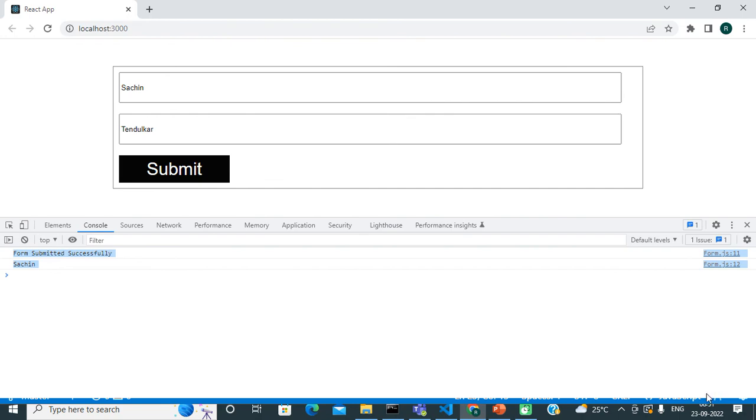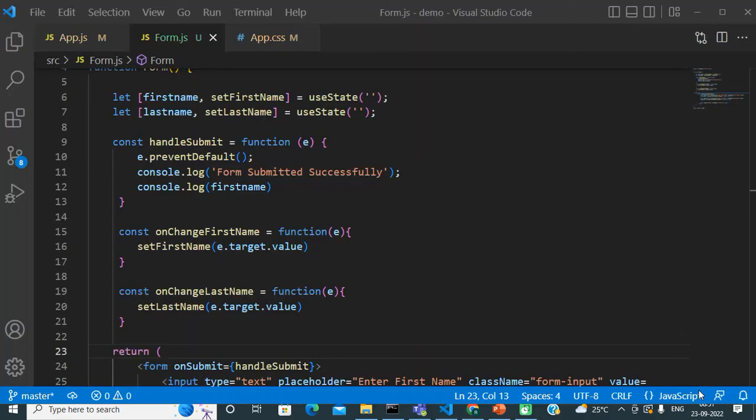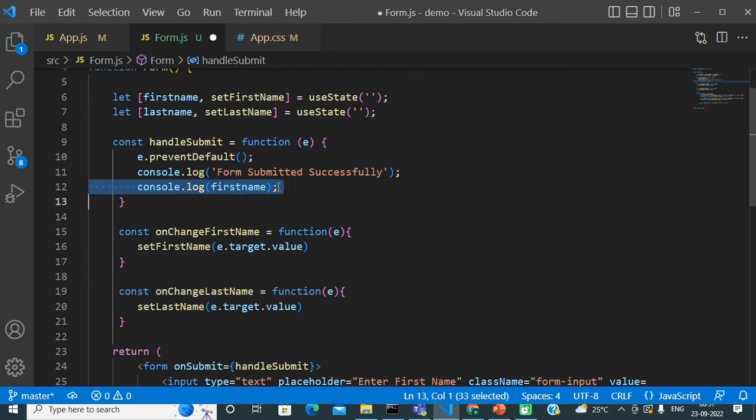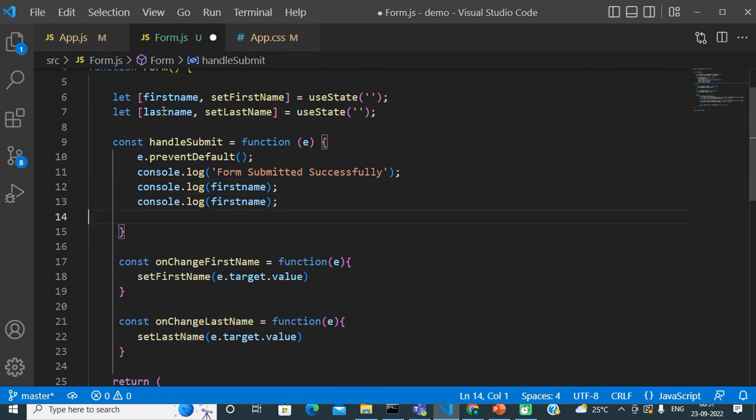Okay, so let me tell you why it is happening. It is happening friends because in our form handler function we are not displaying that value. It's just simple. So basically we need to display the value of the second state as well.